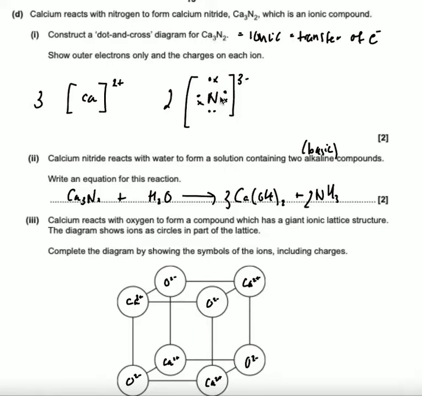Now the nitrogen, we know that nitrogen has 5 electrons in the outer shell, and in order to become stable it needs to gain 3 to form 8, and so that's the 3 electrons it has gained from calcium. And we have a total of 2 nitrogens, so we write 2, and therefore the charge will be 3- for each nitrogen atom, and in total